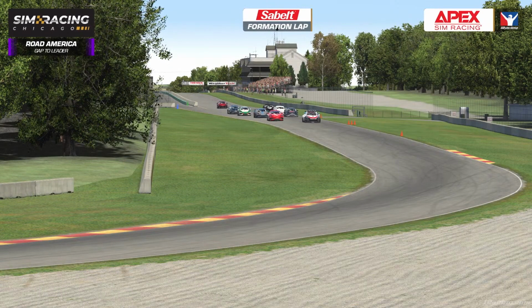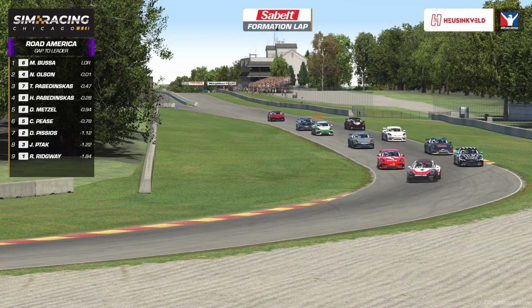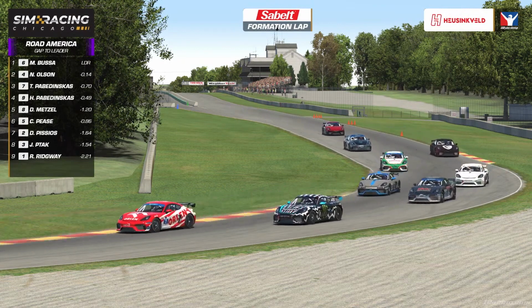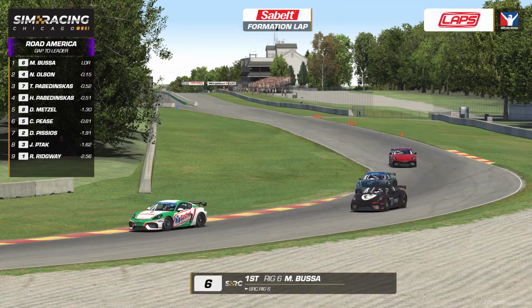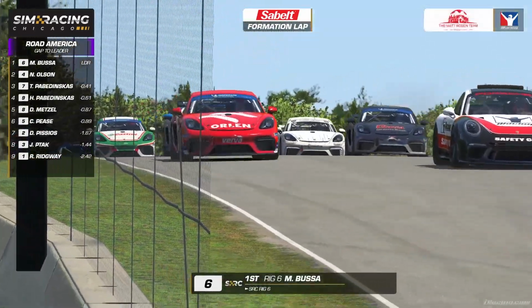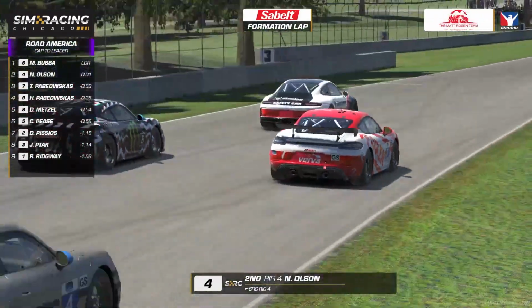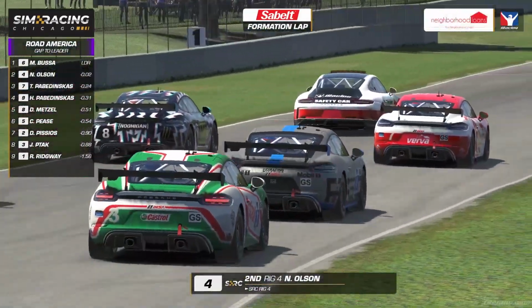Doubled up 5 rows deep. Starting lineup on the left-hand side of the screen. Let's run through it now. In row number 1, kicking things off in position number 1, that is Matt Busa behind the wheel. He will start in first on the inside of that first row, followed by Nate Olson in that monster-colored number